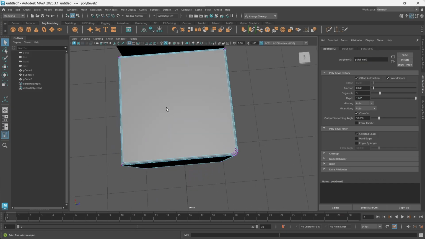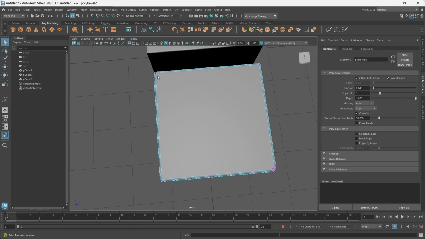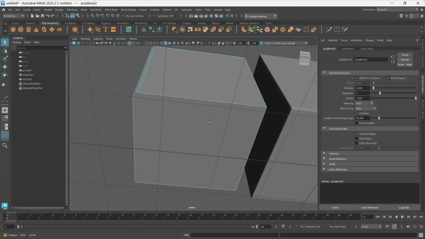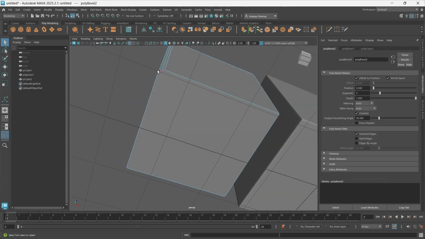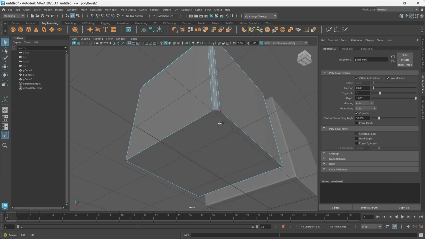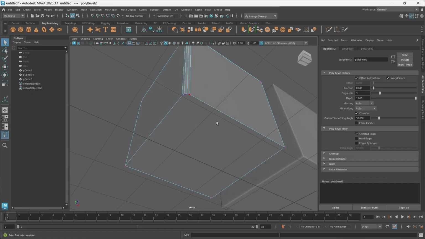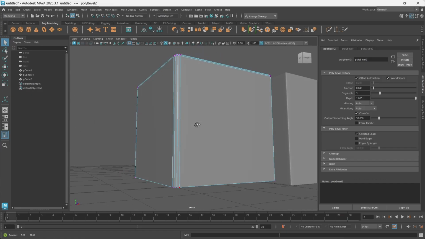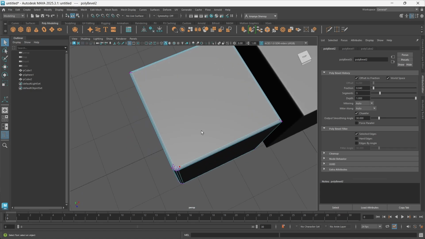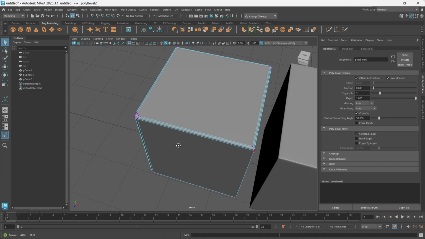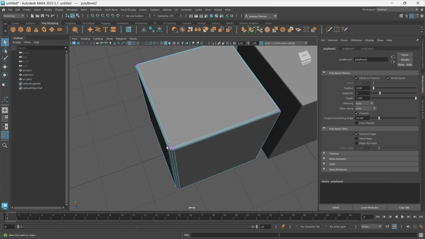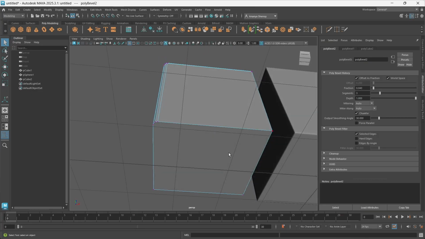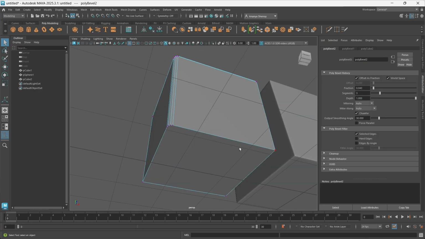Let's go to vertex mode. So now we have this face on the top, which has 1, 2, 3, 4, 5, 6, 7 vertices. We do not ever want that. We always want to have faces with either 4 or 3 sides. So when you have something like this, the solution is to add some more edges going across the shape that kind of joins these together to make sure that all the faces have four